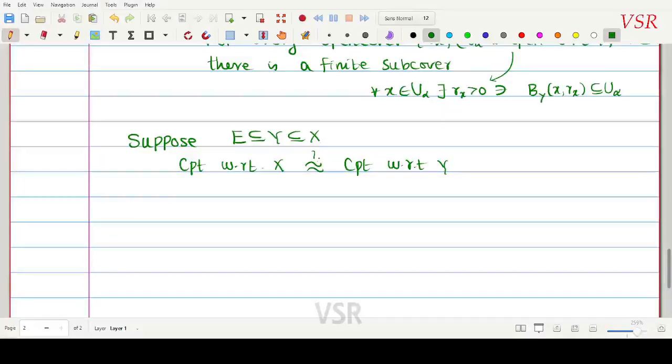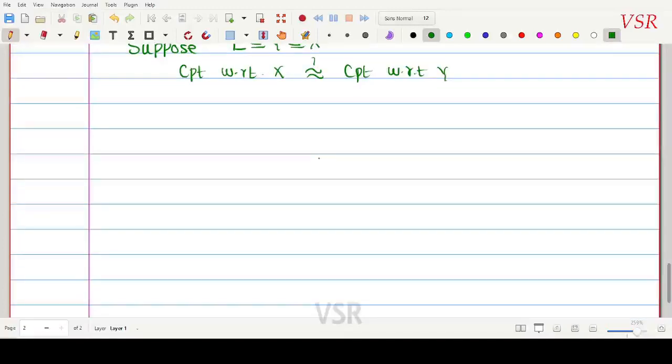அப்படி பண்ண தேவையில்லை அப்படிங்கிறது தான் the following theorem. So the following theorem states that, Theorem 2.33. Okay. So we are going to prove this theorem. இது என்ன அப்படினா suppose K is a subset of Y and Y is a subset of X. Then K is compact with respect to capital X